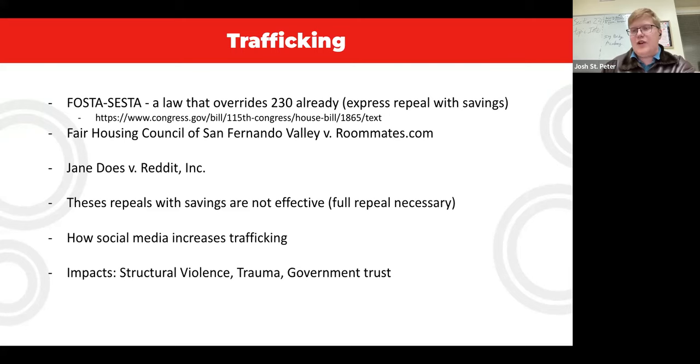This meant that allowing the trafficking to exist unmoderated is functionally okay as long as you turn a blind eye, which is crazy that these court cases are being found, and that we can see very clear evidence of things like child porn on Reddit, and Reddit's not held liable at all. It has no need to moderate it because it's allowed to turn a blind eye. So this shows that 230 is not enough right now.